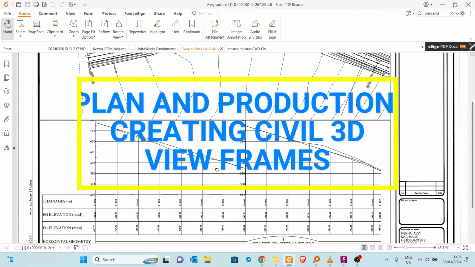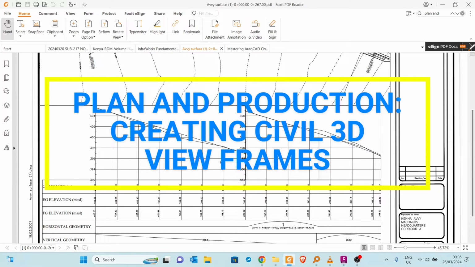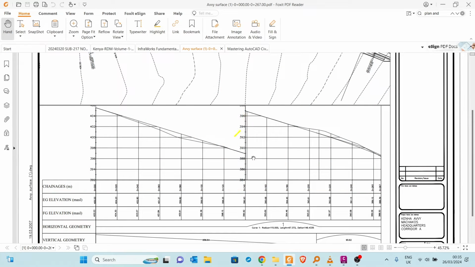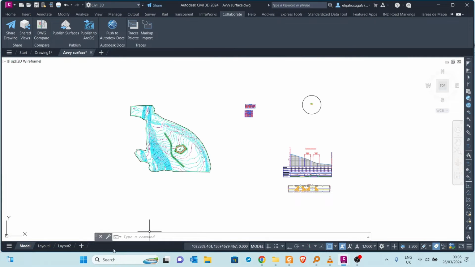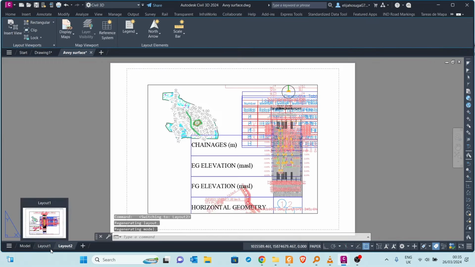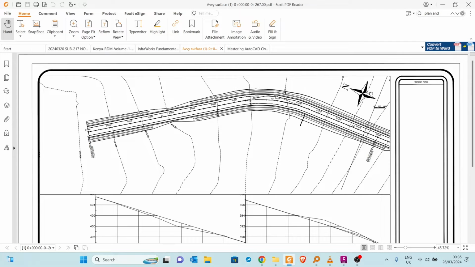Production. Plan production tools enable you to quickly create sheet files by automating a process you have been doing manually for years. Creating layouts, creating and orienting your viewports, inserting and filling in title blocks, establishing external data and references, creating match lines, inserting north arrows like the one you see here, and setting up Sheetset Manager are all menial but necessary tasks that you must undergo in order to publish a